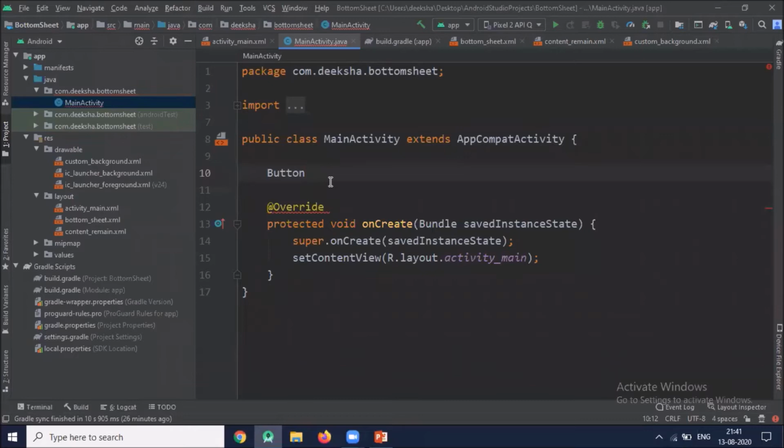Now click on main activity. First we get the reference of bottom sheet from XML file by using findViewById.